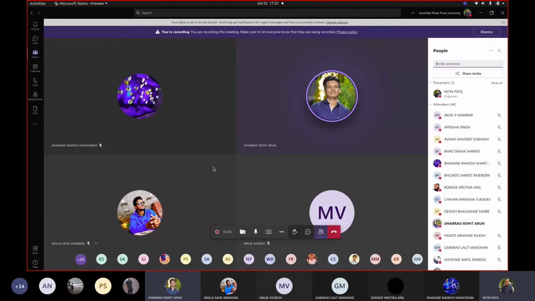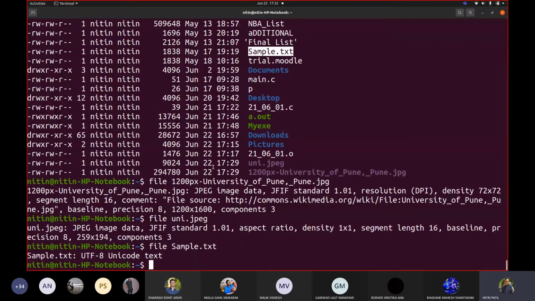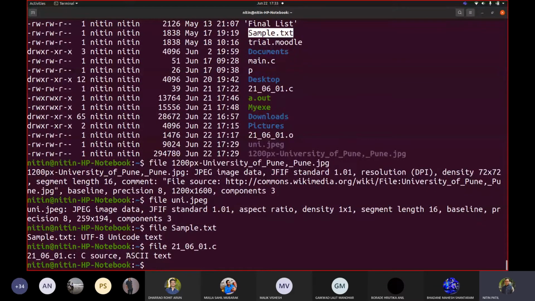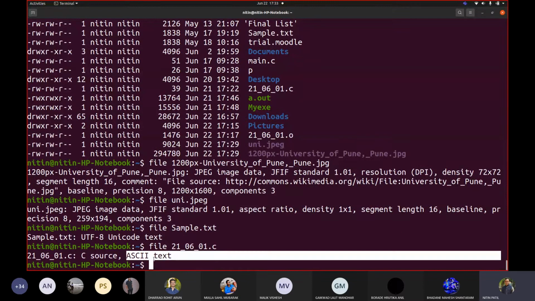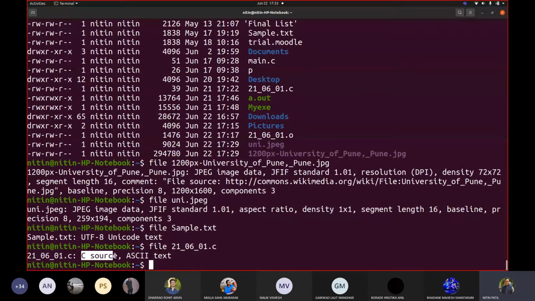Now let me tell you, there is nothing called a C file. Let me show you this file, 210601.c. The type is ASCII text. It says it is C source. This is only added by the programmer checking the contents of the file.